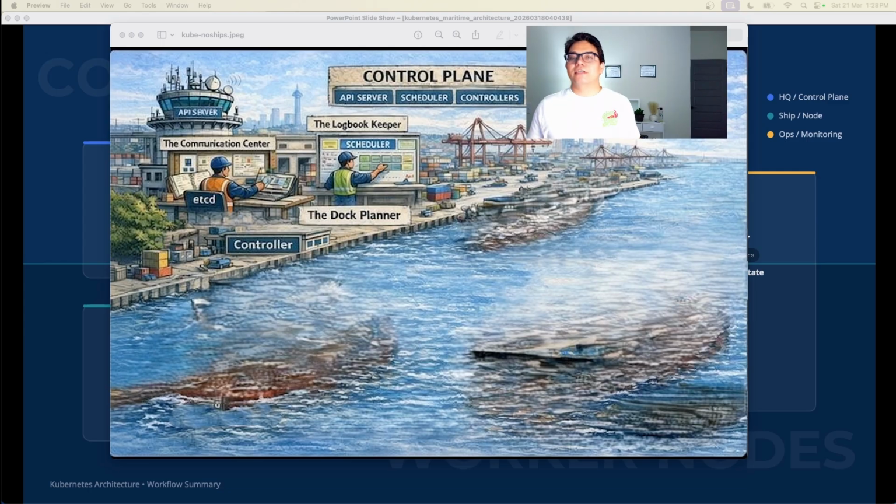It already has the control plane components which are used for making decisions in a Kubernetes cluster, but it also has the worker node components which actually do the work. So in that case, the port and the ship become one and the same, handling both planning and execution together. And just like that, the port keeps running smooth, balanced, and fully automated.